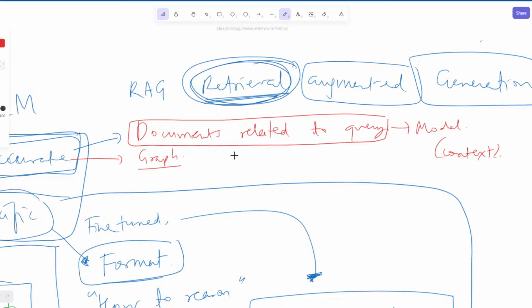If I come up with the query of what is a SLM, how does it find those video transcripts which are related to this query in our system quickly, and then sends them to the model so that the model can use this transcript to respond to the user?